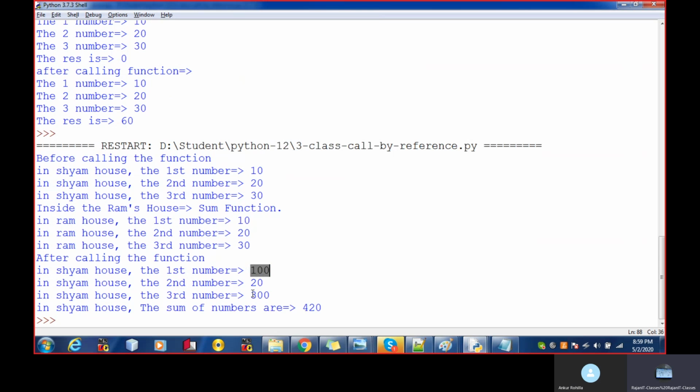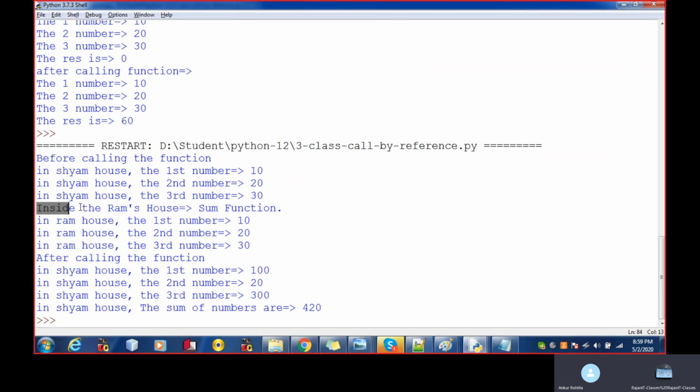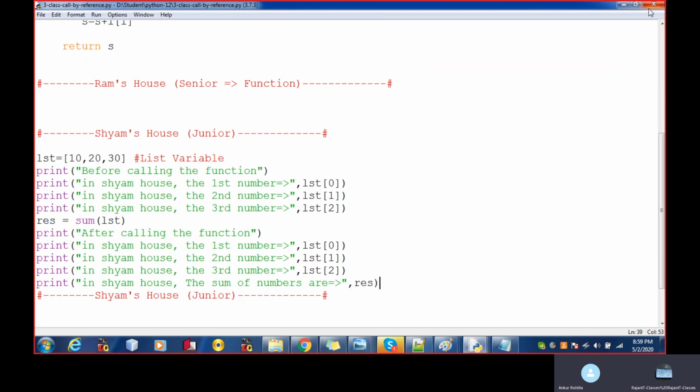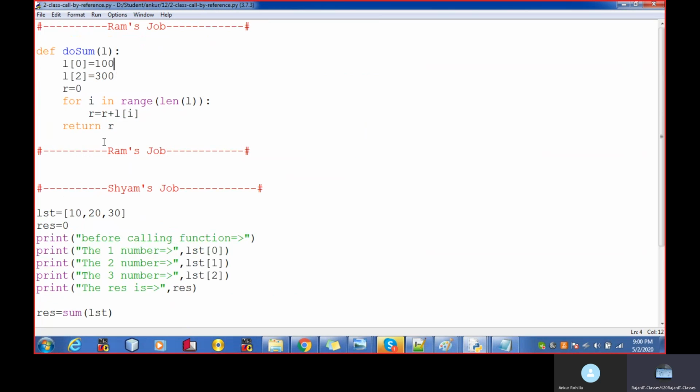Right, so it is 100 and then 300 and this is 20 after calling the function. So inside the RAM, yes sir, this is all about. What is over here? It's a list variable, and passing the list. Let's change it with the LST. As the change is reflected back, might be the names are different.